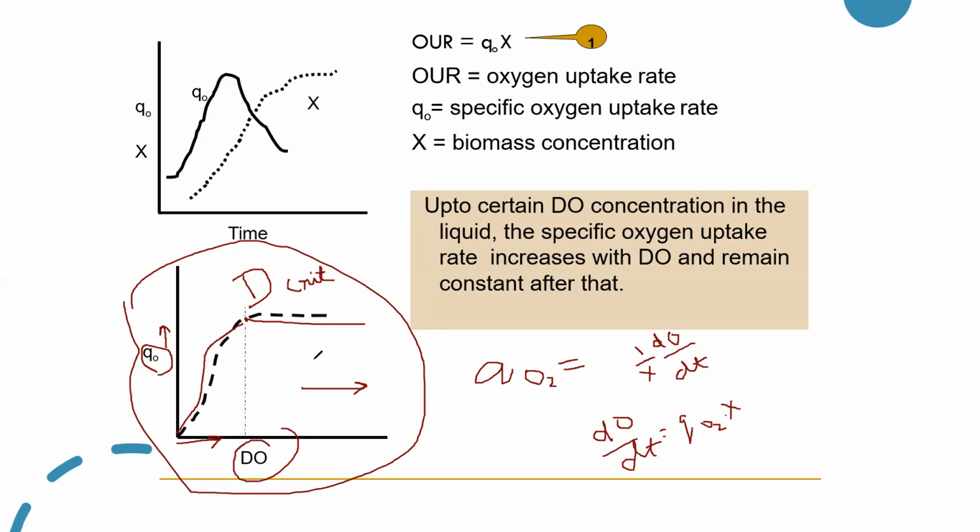So from this figure, the definition of the critical level of oxygen concentration is the level below which QO2 is directly proportional to DO. As you increase DO, QO2 increases, but above which QO2 becomes independent of the level of the dissolved oxygen. So you have to maintain the concentration. Why did I tell you this factor? Because I want to emphasize the point that in bioreactors, you have to supply the oxygen till the point of the critical oxygen concentration.